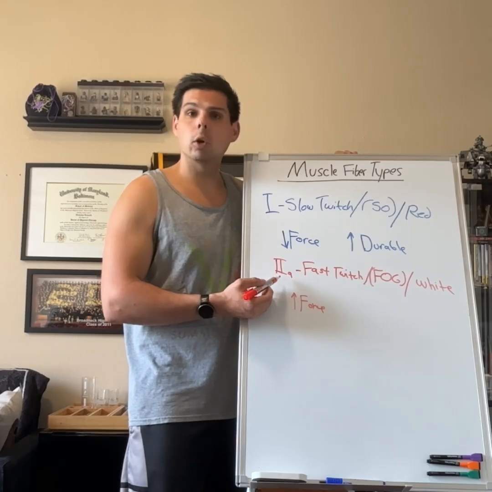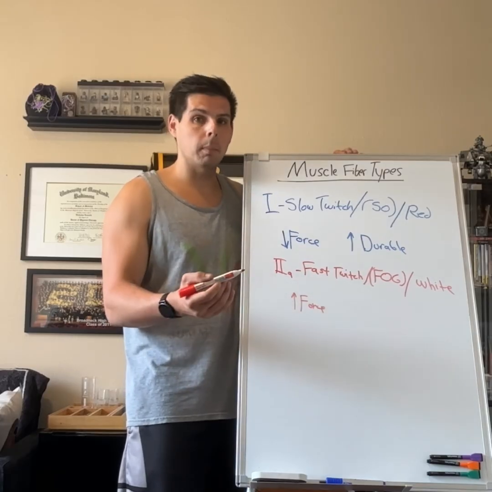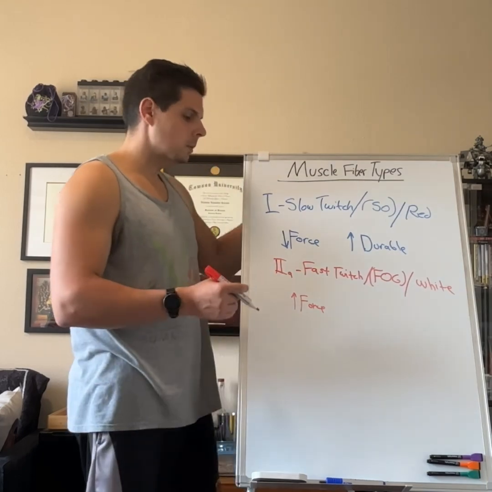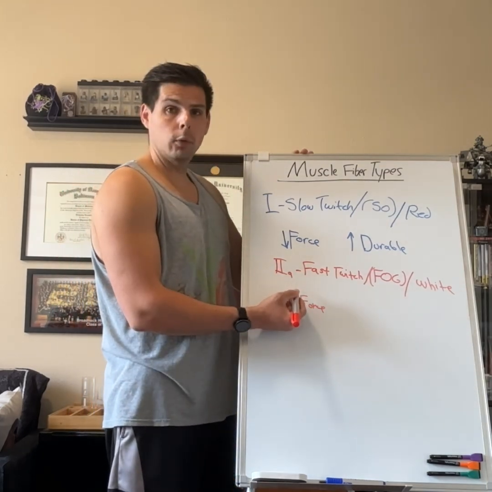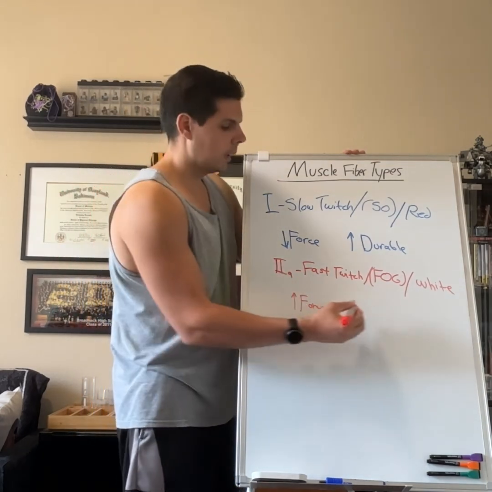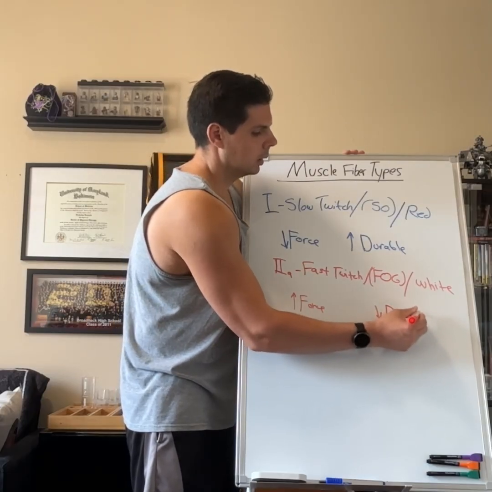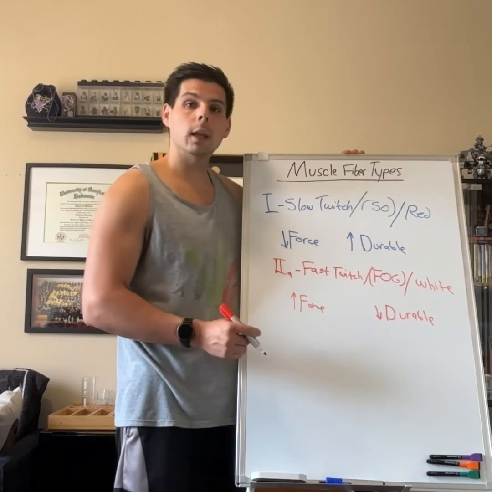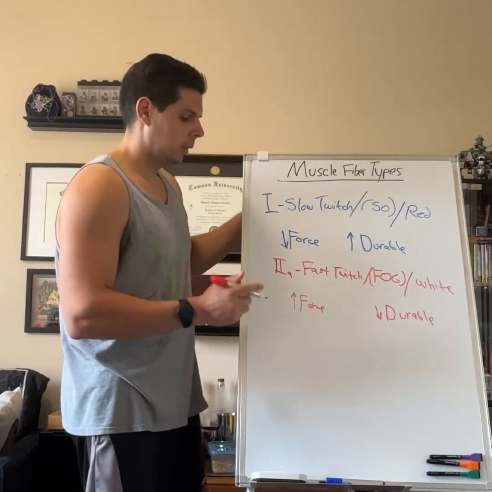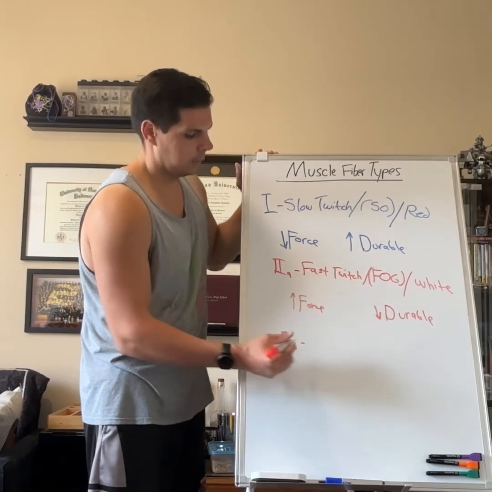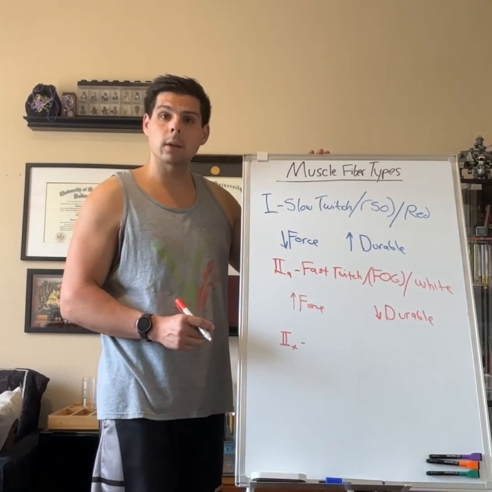Type 2, a little bit less vascular, much less myoglobin, hence they are going to be whiter in appearance. So, much higher overall force and rate of force development, but less durable due to the inferior oxygenation and vascular supply. The third category of muscle fiber we are going to talk about for this video are type 2X muscle